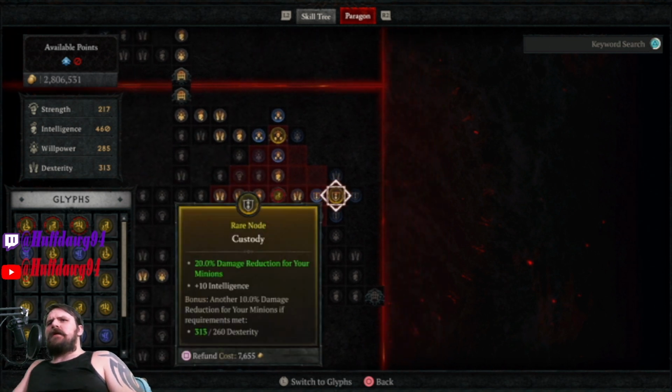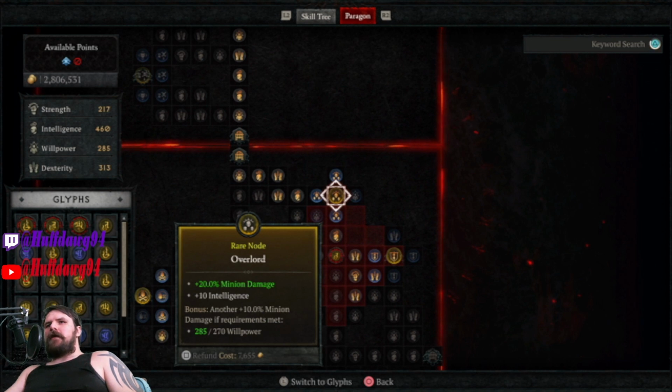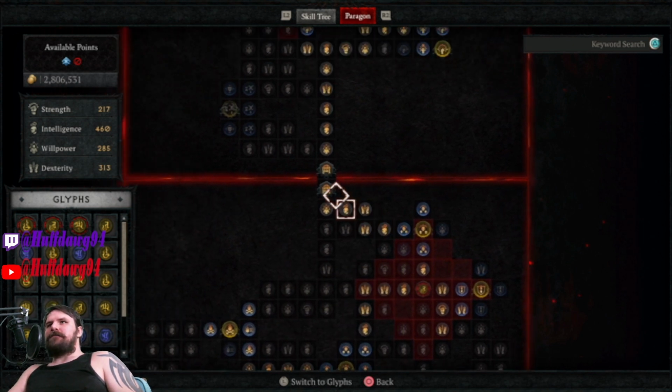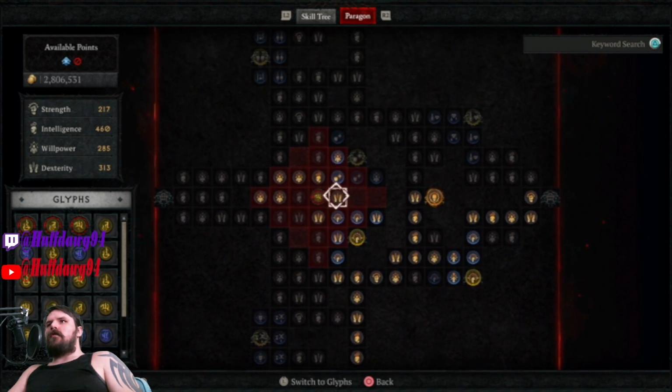Coming over here, we got Custody, just flat 20% damage reduction for your minions. Absolutely huge to keep them alive. Come over here, we have Overlord, 20% minion damage. Just, you know, minion damage, minion damage, minion damage. It's what you want to continue to stack. Going on to our next Paragon board, we go with